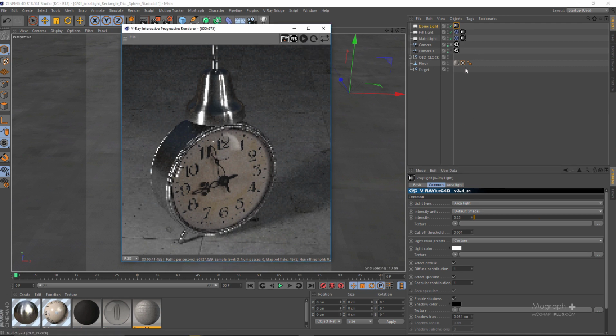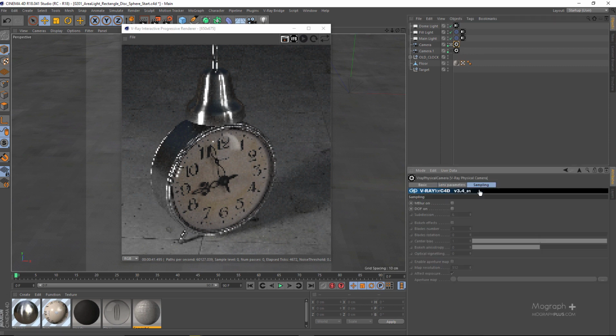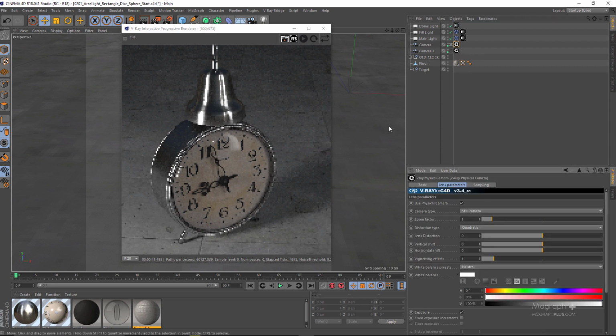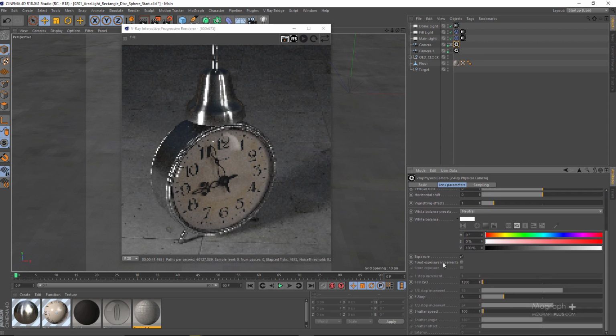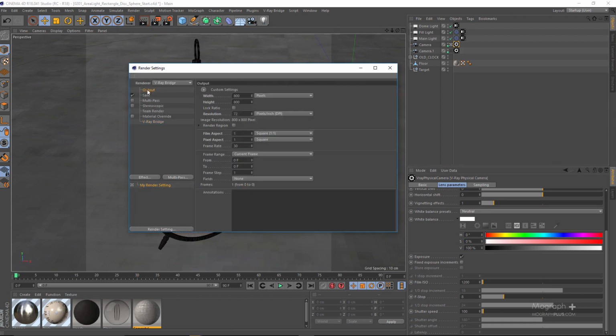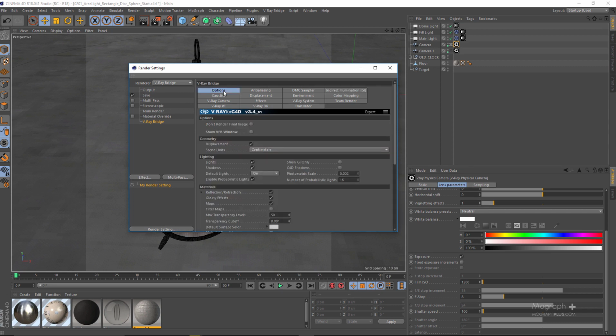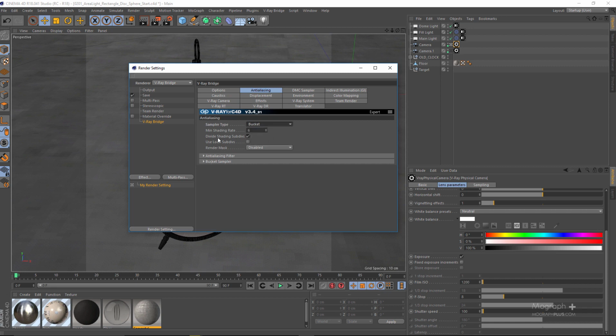And finally, what I want to do, just select the camera and go to the sampling tab and enable depth of field. Nothing too specific. We can go ahead and adjust our f-stop to get a more specific depth of field effect, but in this case, an f-stop of 8 would be enough. And in the render settings, I'm just going to define an output of 1200 by 1200. In the V-Ray bridge section, let's enable VFB window, change progressive to bucket in this case, and 1 to 20.01 DMC sampler,